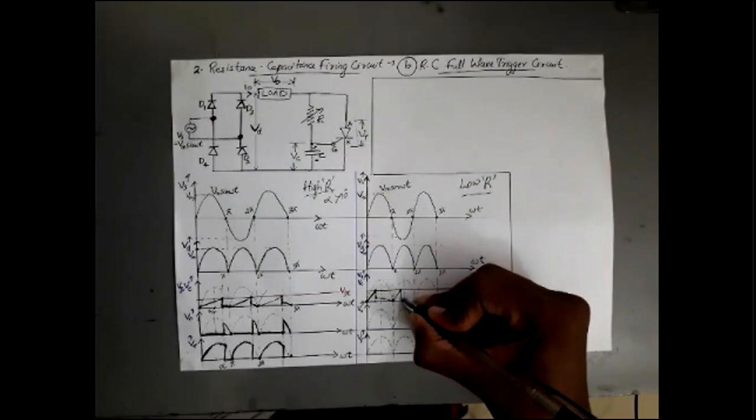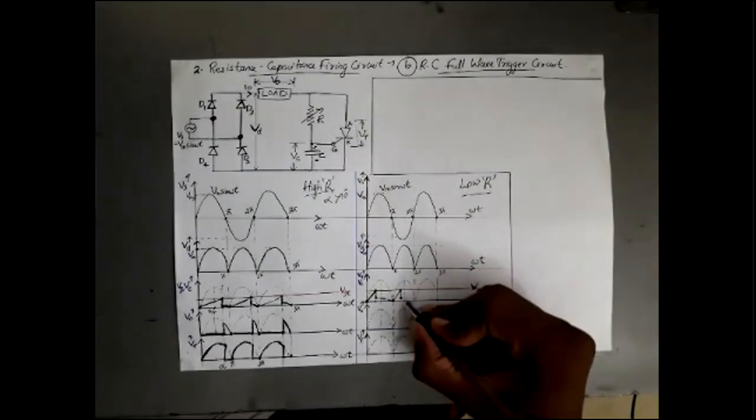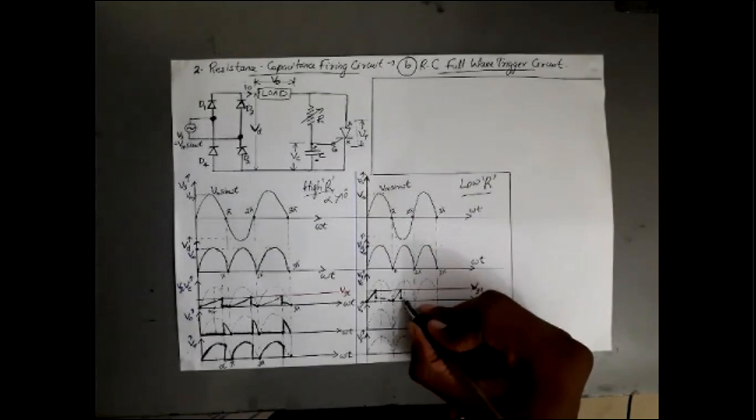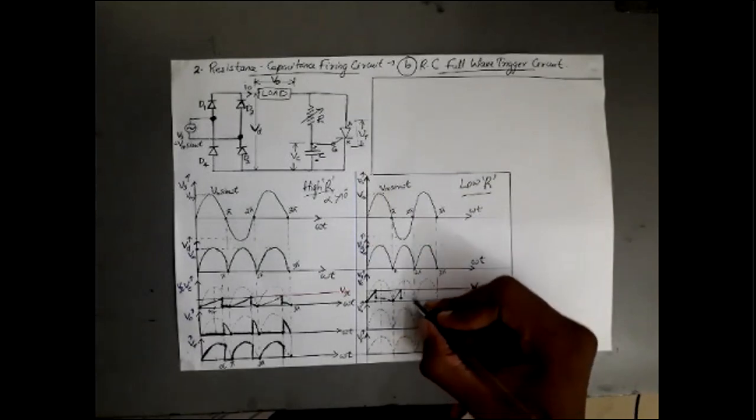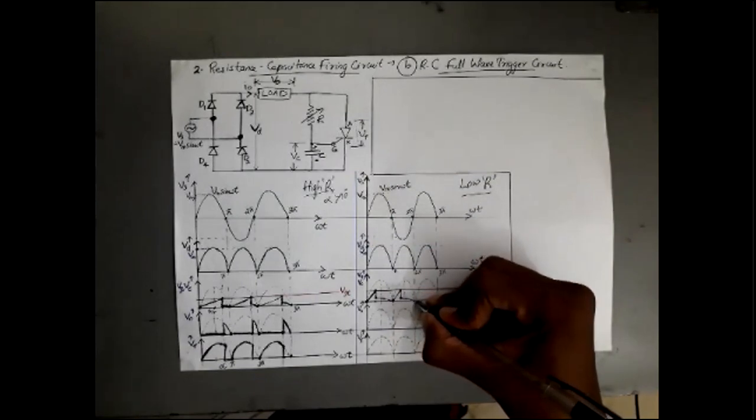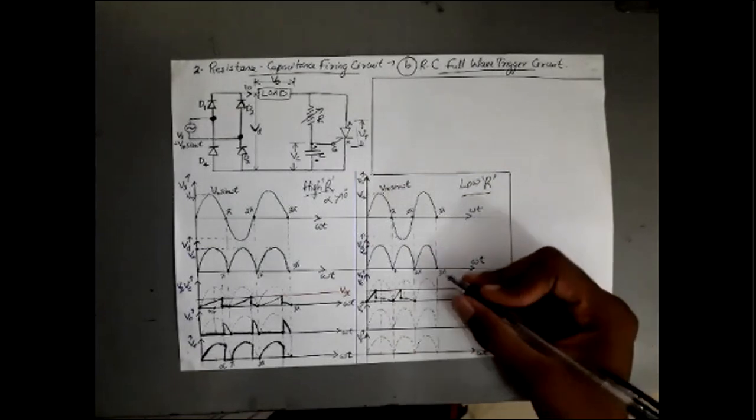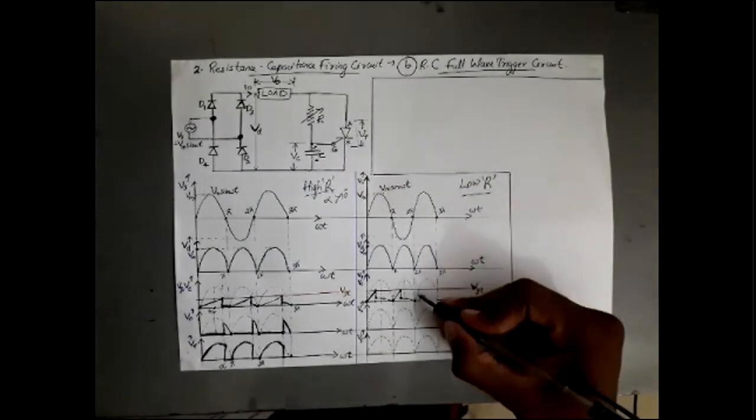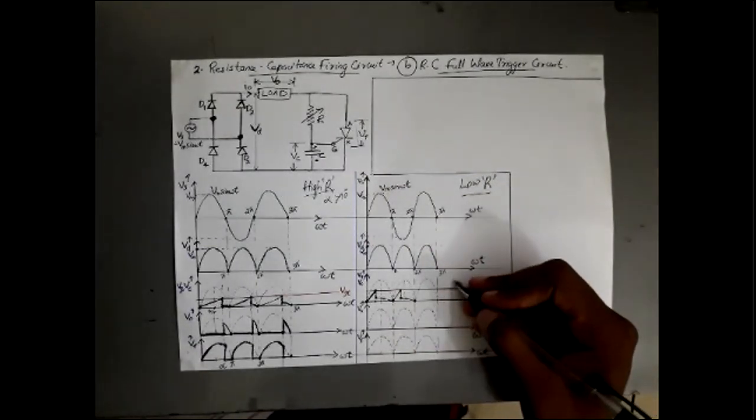Again, during the time my SCR is conducting, what is the case? No voltage will be appearing across my capacitor, so my capacitor starts discharging slowly, and at 2 pi my capacitor voltage will be zero. Again a positive voltage is appearing across my capacitor, then my capacitor starts charging at a faster rate due to low resistance. As I have mentioned earlier also,